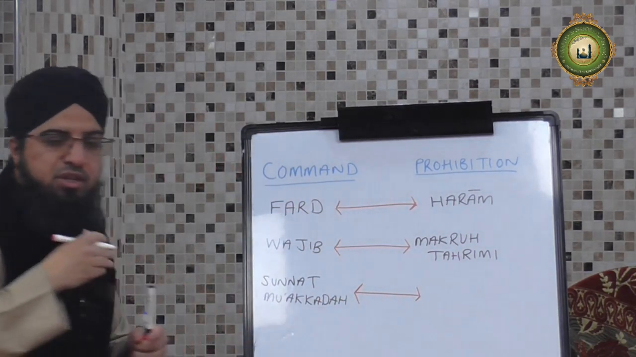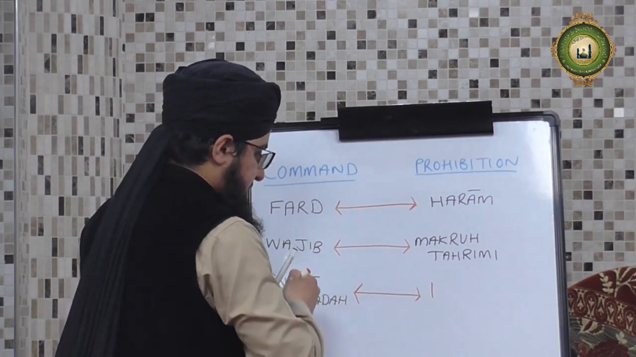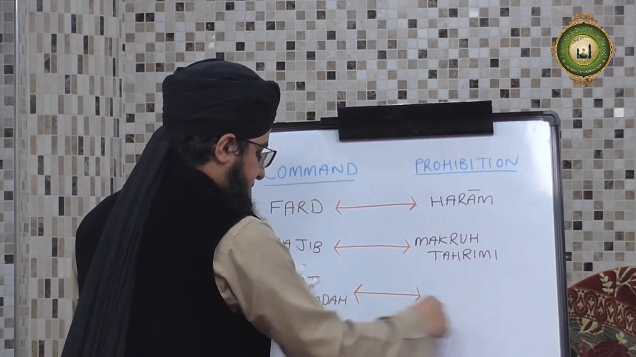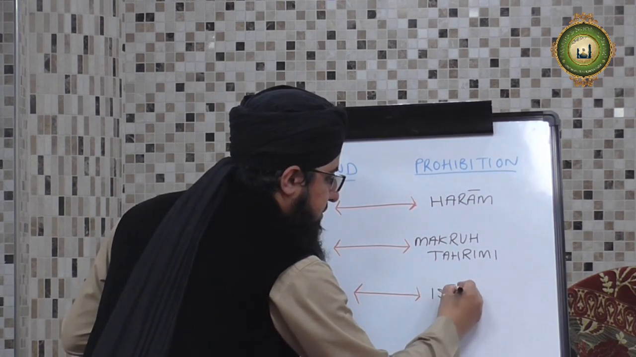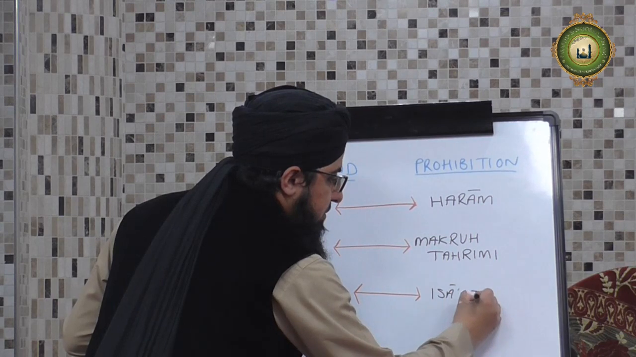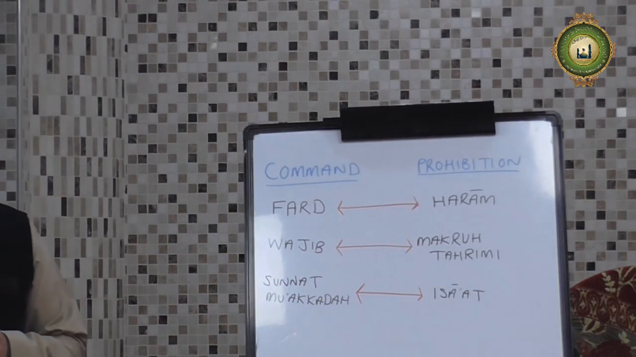And now the opposite of sunnat-e-mu'akkada is a word which we rarely use. It's called isa'at. For example, the 4 rakats of Dhuhr, the 2 rakats of Maghrib,